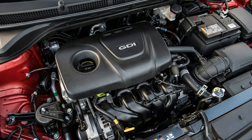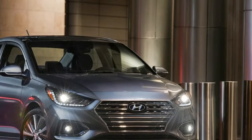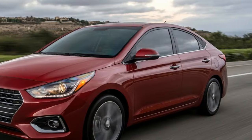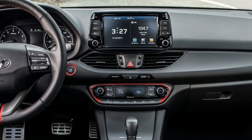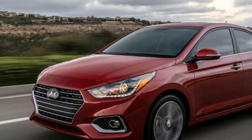Speaking of not particularly engaging, that pretty much sums up my thoughts about the Accent's handling characteristics. Steering is light, but doesn't communicate much to the driver on what the 2 front wheels are doing. Torque vectoring between the front wheels will help cornering performance and traction going in and out of the corner. On the curvy mountain roads Hyundai set us out on, the Accent took corners with ease, despite the lack of road feel,